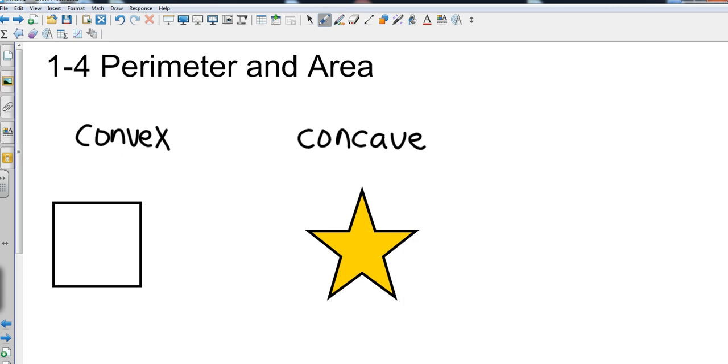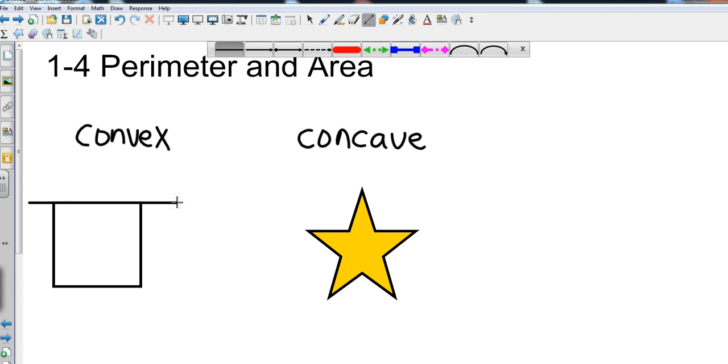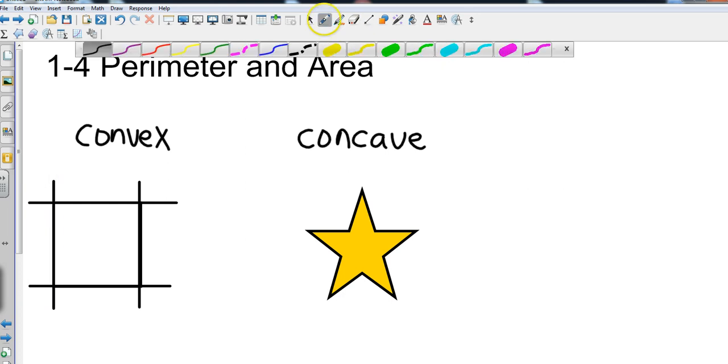Okay, so basically what I do to determine whether these are convex or concave is if you extended the sides both ways. So I go both directions here, and I go both directions here, and here, and here. You will notice that neither of those directions actually went on the inside of the shape, which means it's outward